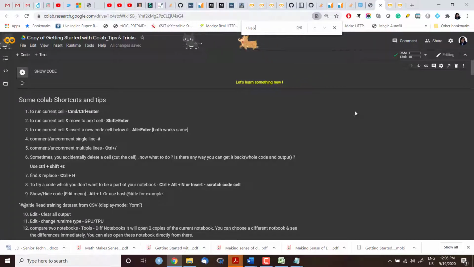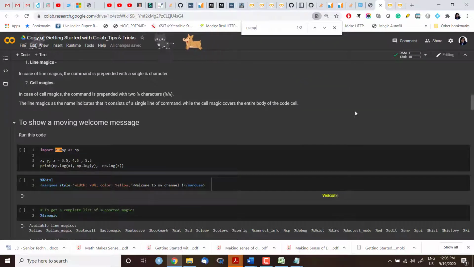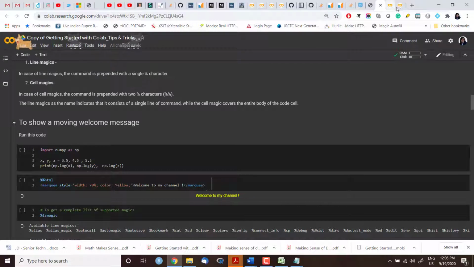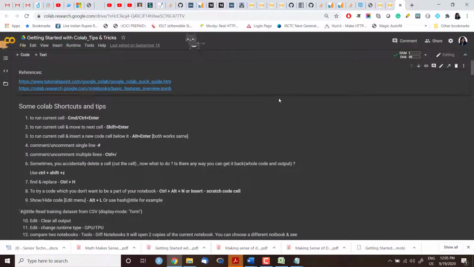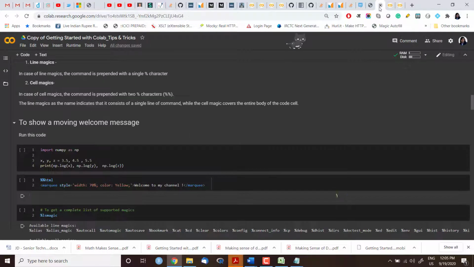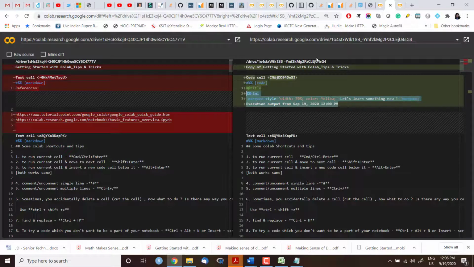Actually, I should use Control H. This code is there, and this code is not there in the original file. Let me check it here, Control H if I am searching in Colab. So, not found. Basically two changes I have made in these code files, and all these changes are reflected in the comparison.